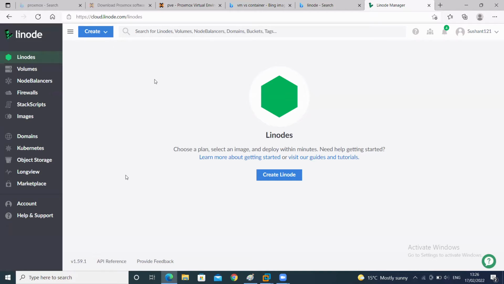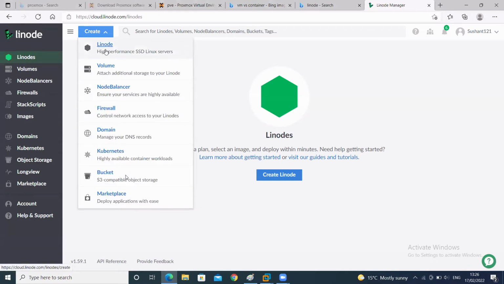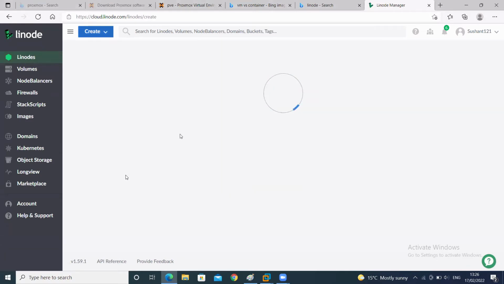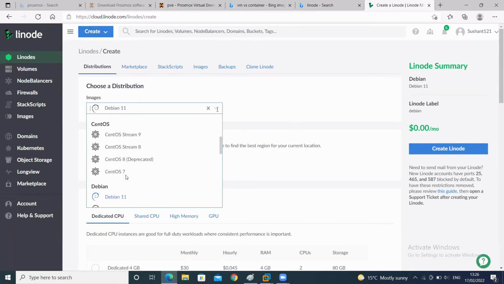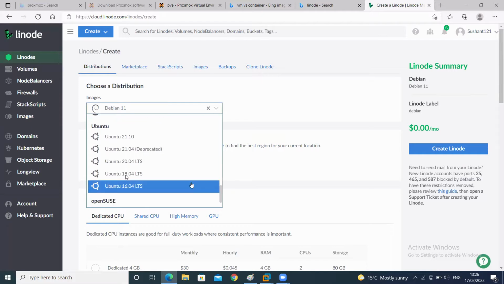Credit card, you will also make that. You will get $100 free credit for 3 months. Okay. Create Linode. This also gives you a virtual machine, but this is a container in the background. But you will select Ubuntu if you want that. So select Ubuntu.